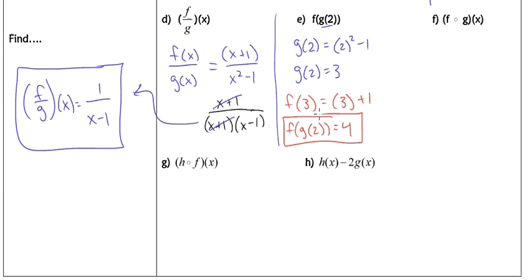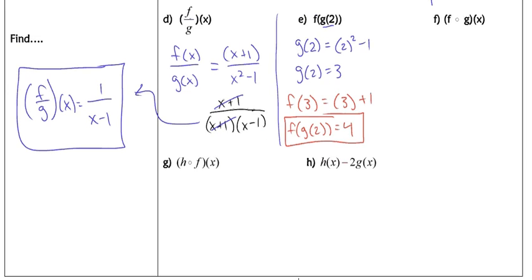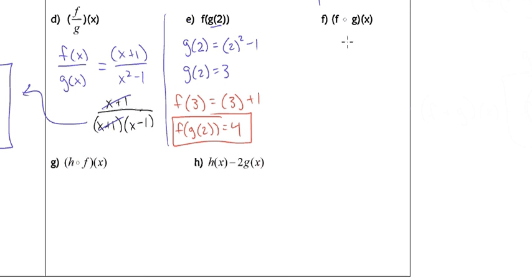Now let's go ahead and look at f of g of x, leaving it a little more broad this time. So f of g of x, remember, means f of g of x. Now let's plug the g function in for the x in f. The f function was x plus 1, but instead of x, we're going to plug in g of x. So I've got f of g of x equal to,